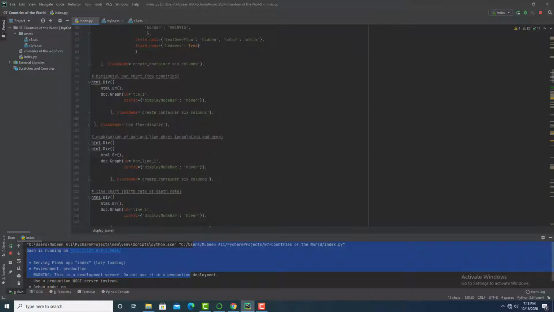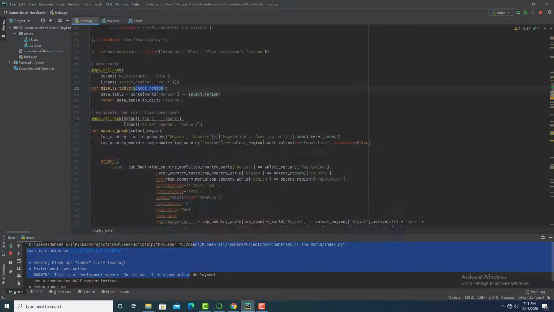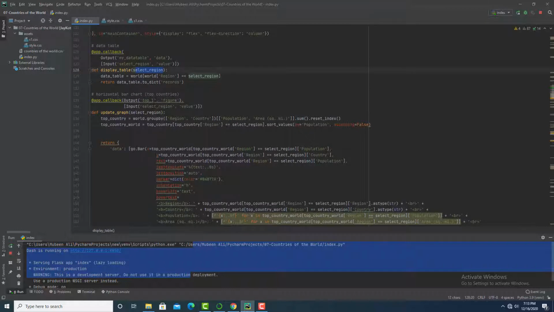This is the ID of the horizontal bar chart. I have used this ID in the callback as output, and I have returned the output figure. The input ID is the ID of the drop down list, and I have defined here another function.